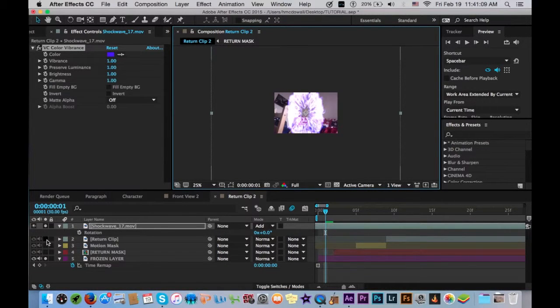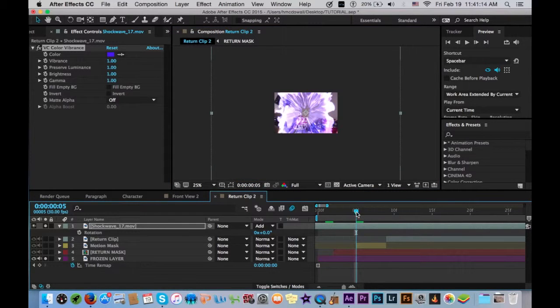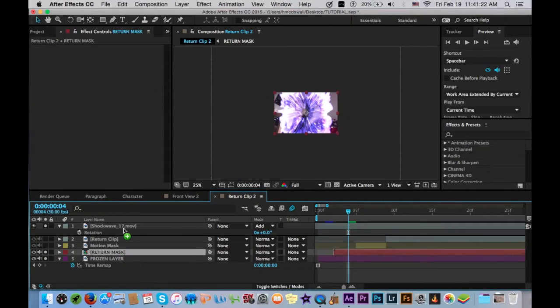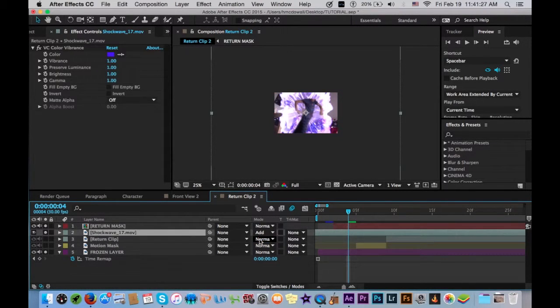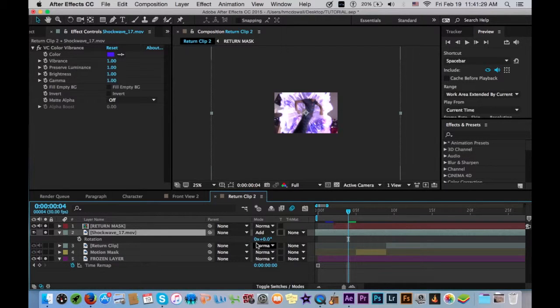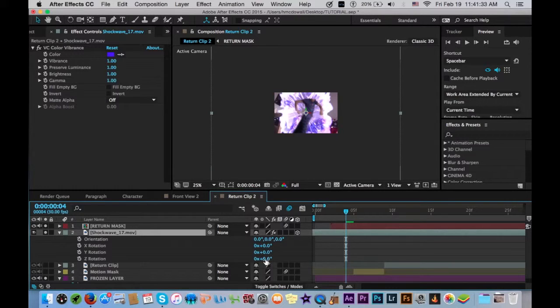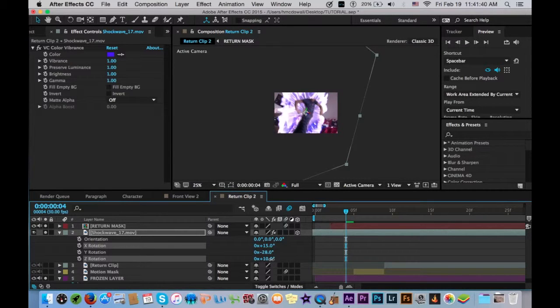So actually we're going to solo our person as well. So let's go ahead and go into here, and let's actually find our return mask, okay? So we have this. Now of course we want the return mask to be above here, so we have this. And then for the shockwave, you're going to go ahead and rotate it. But in order to do that, let's make it a 3D layer. Rotation, or Y rotation. We're going to move it here, use the X right here, as well as the Z